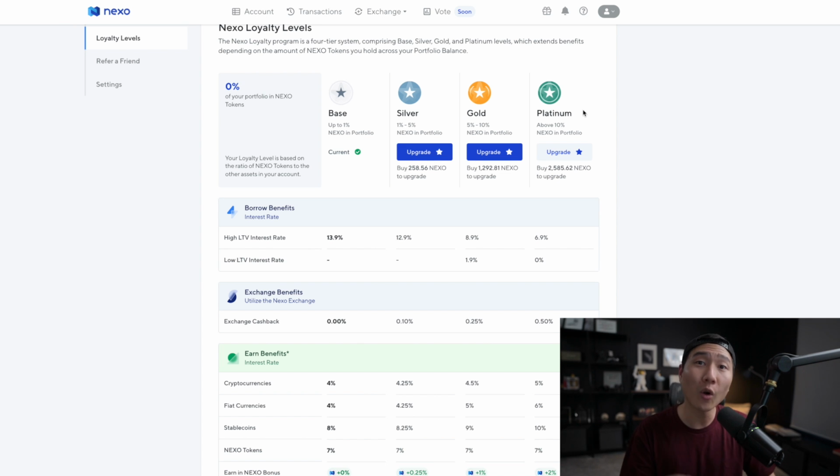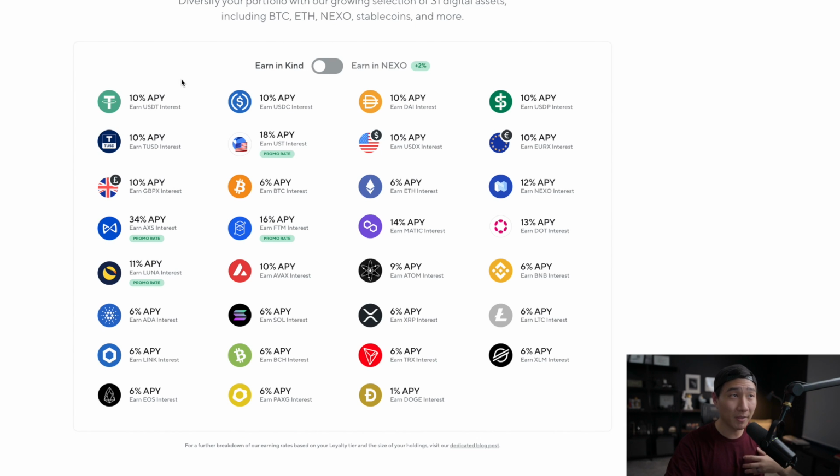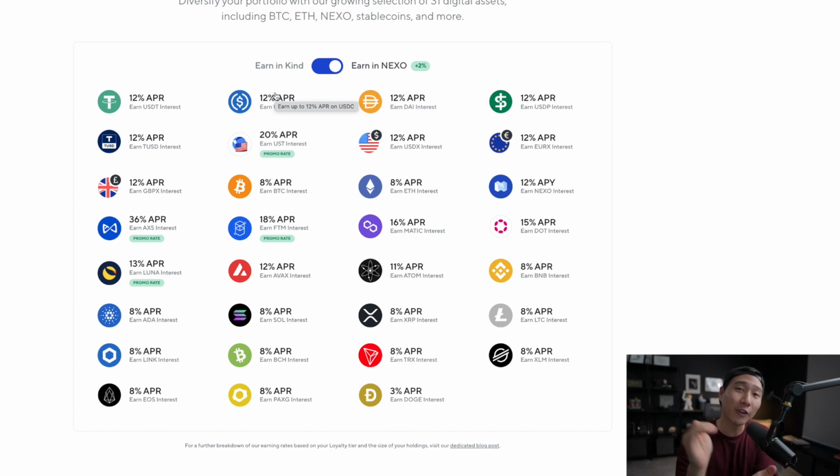This can be a good thing or a bad thing, but in order for people to maintain their tiers, they decide to get paid out in Nexo tokens instead of the cryptocurrency of kind. For example, if I'm a platinum tier, then I can earn up to 10% on my stable coins. So every single day, I'm going to be earning back in stable coins. But if I decide to earn in Nexo tokens, well, this is all going to increase by 2% more. So every single day, instead of getting paid out in USDT or USDC or Bitcoin or Ethereum, I'm getting to choose to pay it out in Nexo tokens. That way I maintain the value of my accounts to make sure that I secure my position or my loyalty